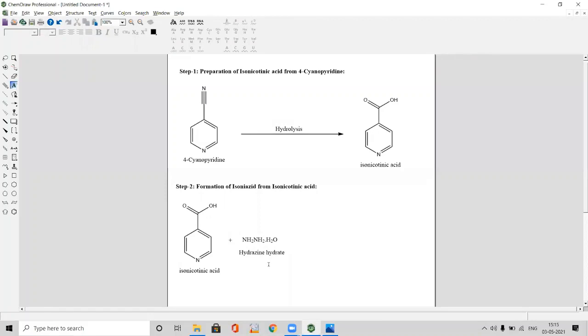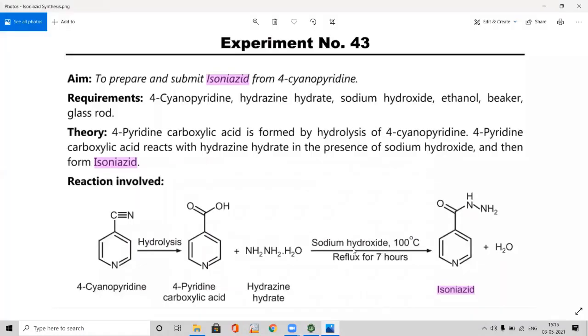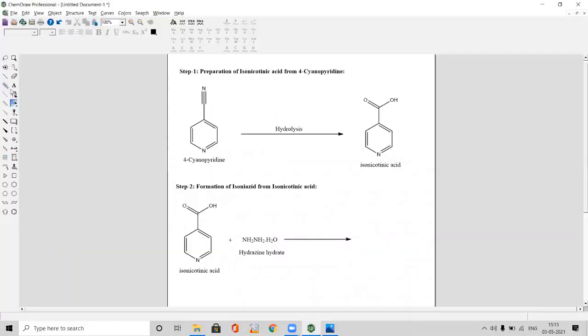So it's been done. Now we need to add this arrow mark. So click on this one. Make an arrow mark. On the arrow mark we need to write sodium hydroxide at 100 degrees centigrade, reflux for 7 hours. So this we are writing now. For that, take the text. Instead of writing sodium hydroxide, I can minimize it as its formula, NaOH. So at 100 degrees centigrade.